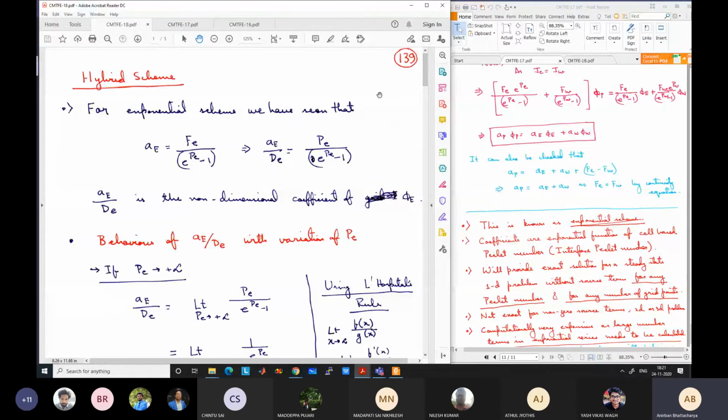Okay, the old students already know this, we have already studied this. These are all very famous schemes, and some of these are used very much today also, like what we are going to study. Even the upwind scheme is used very much even today, but some of the advanced schemes like the hybrid or power law schemes are used very widely. Okay, so let us try to see how to develop this new scheme, the hybrid scheme.